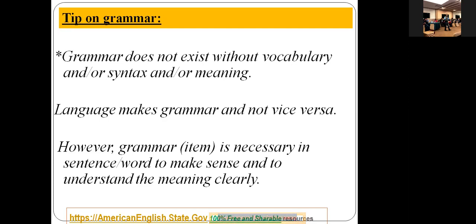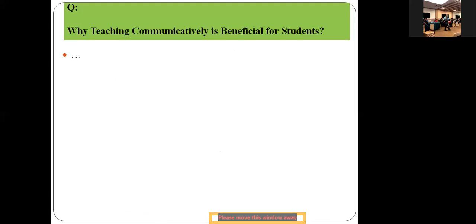If we use, let's say, the past form of a verb, then we understand the meaning accordingly. So there's a very big role of grammar to change the meaning. But it doesn't exist in isolation. That's my point. So, I will request the participants to write in the chat box